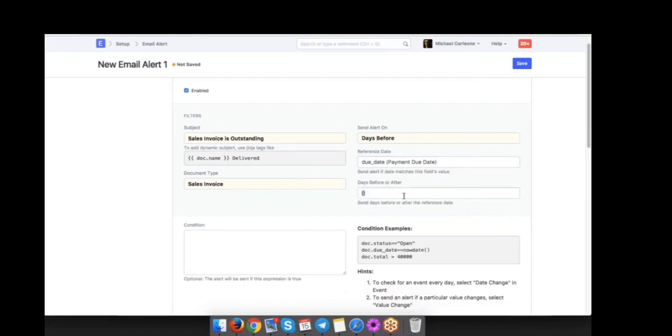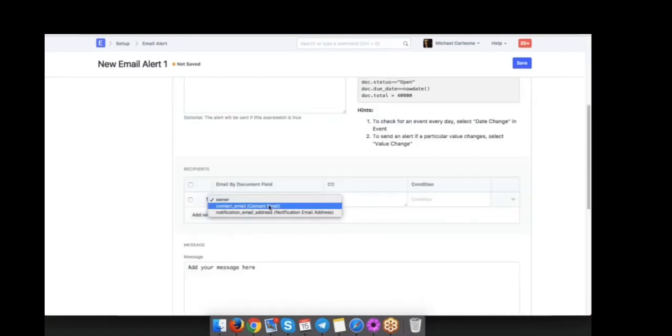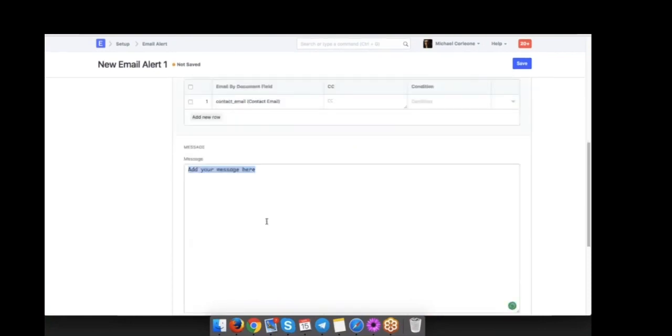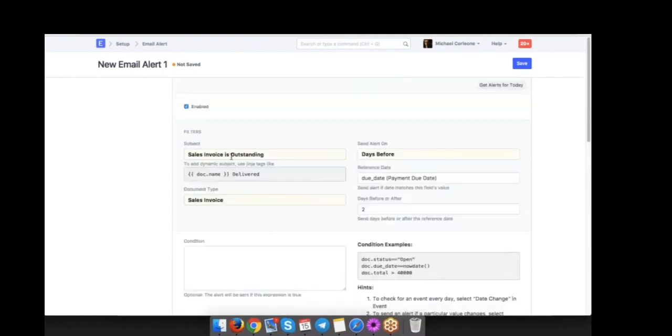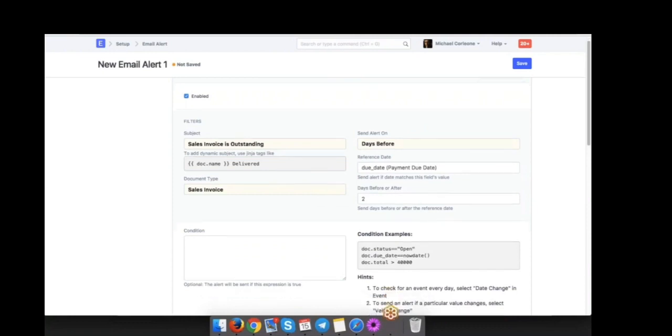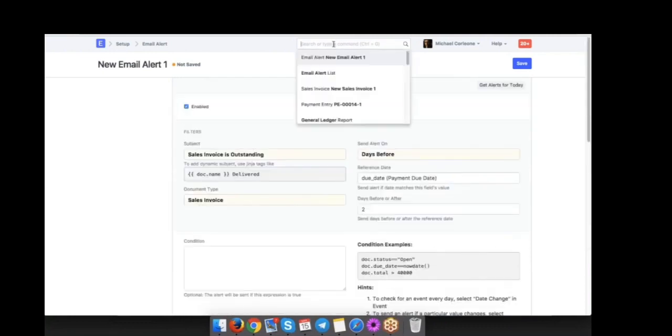So 2 days before the due date of an invoice, you want to send an email to your customer. And here you can also type in your message. It has to be in HTML. So if there is a sales invoice which is outstanding even 2 days before the due date, then the system will automatically trigger an email. This is one thing. Then, if you want an email to be triggered for your internal reference,